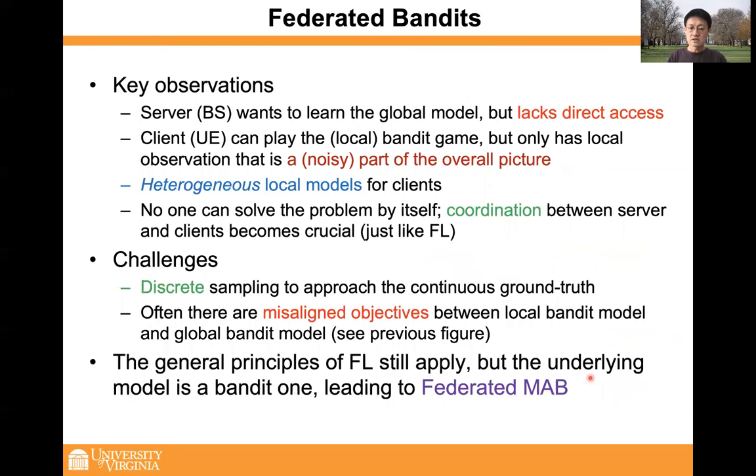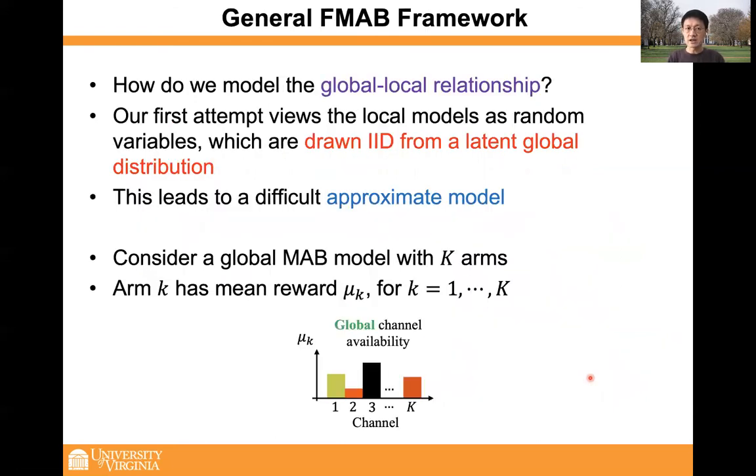Okay. So we are studying federated bandits here. And how do we model this global-local relationship? We are actually taking 2 attempts. The first attempt is to view the local models as random variables, which are drawn IID from a latent global distribution. The latent global distribution is really the global channel availability, and the local channel availability model is really a random realization from the global model. So this is what we call the approximate model. And in fact, this is a much more difficult problem than the second one